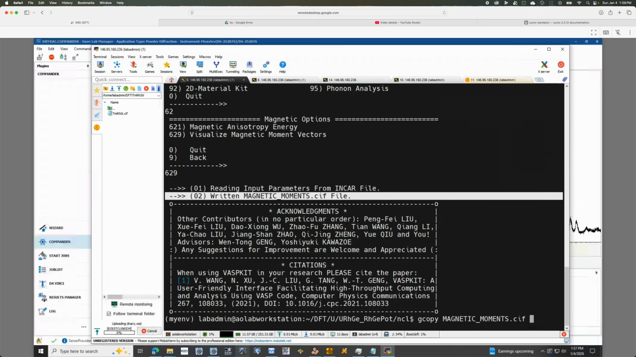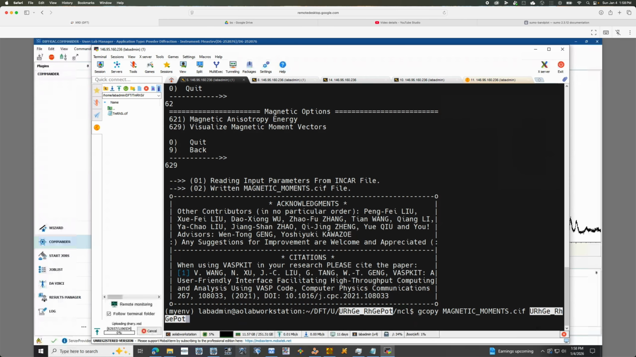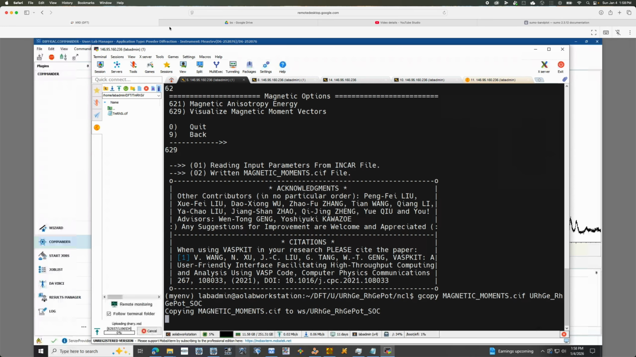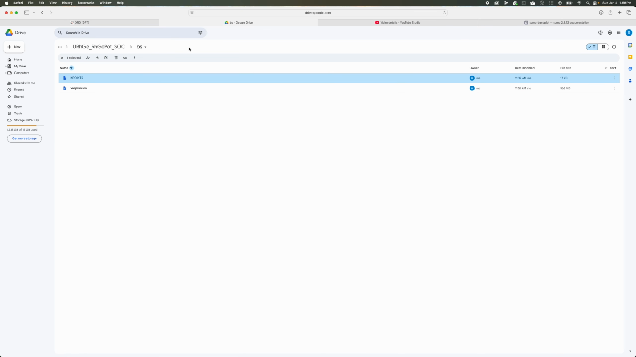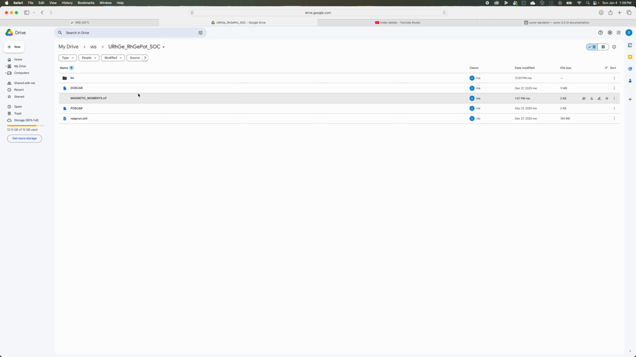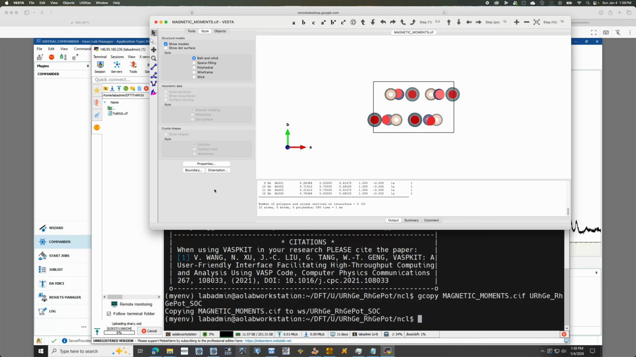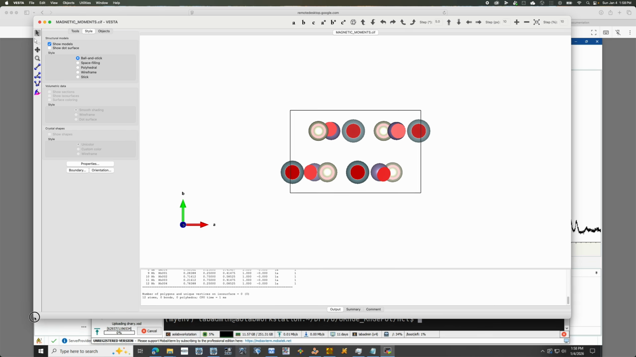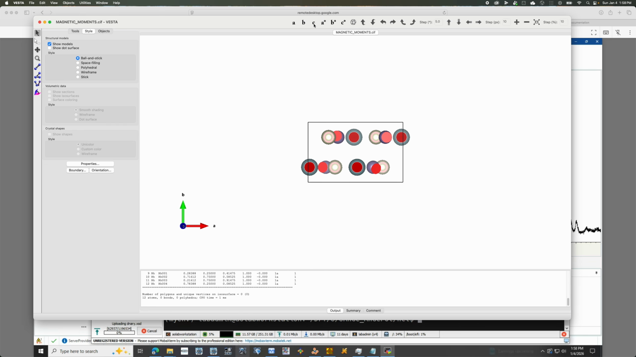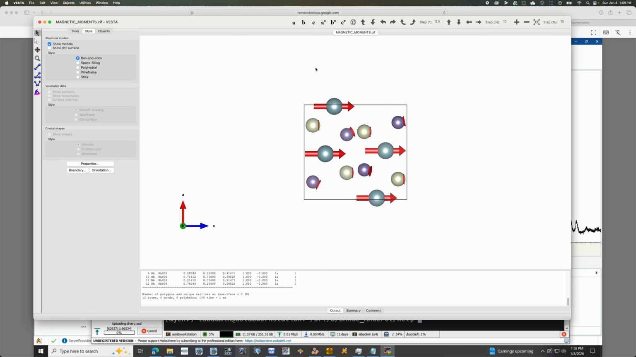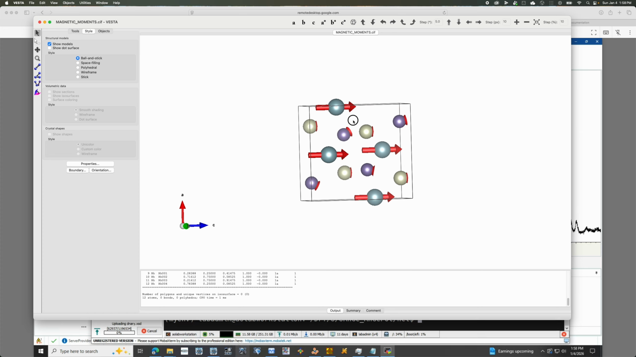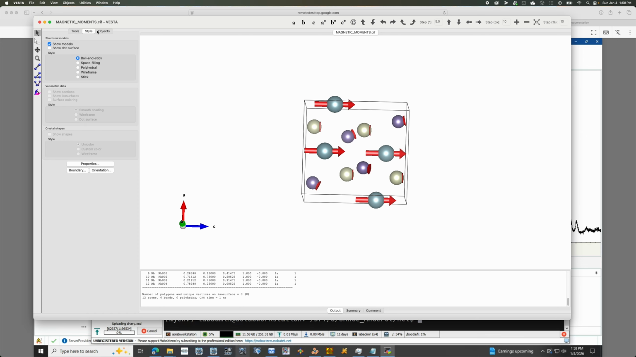Copy the magnetic moments file. Copy that over from here and drag it over to VESTA. Let's look at it from this point of view. There you go. And now you can see that the uranium atoms are going to be,